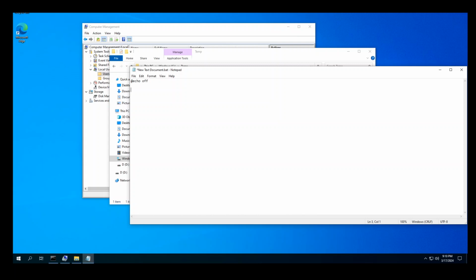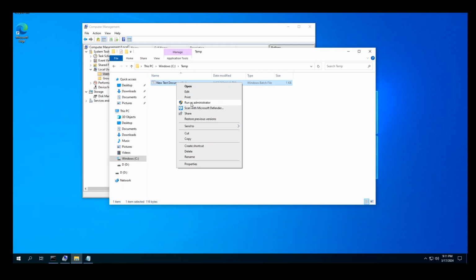Okay, so the first task is to create a user and set the properties for that user. I'm going to use the net user command, and I already have the command that I'm going to paste here. So this is going to create user1 and set the password to Password@123. It will add the full name as test user, and add the description "do not modify" to that user profile. It will also set the property that the user cannot change the password. So let's save this and